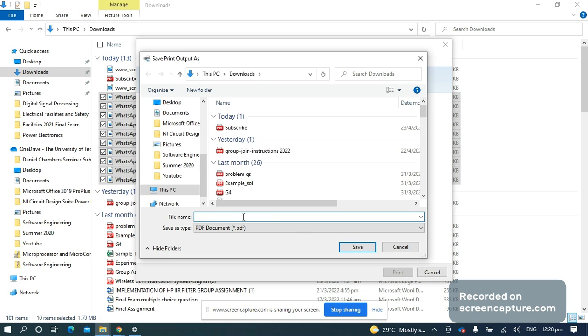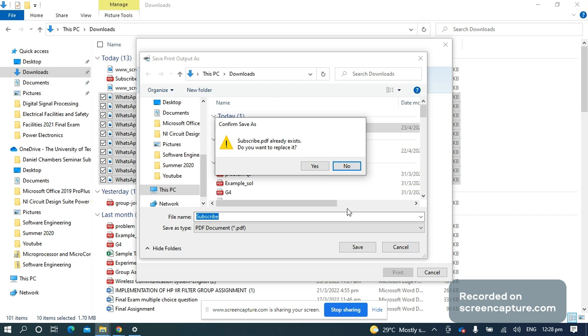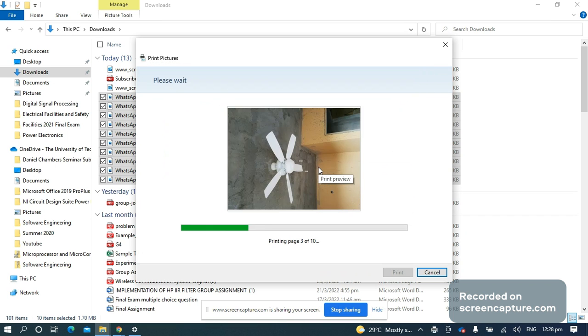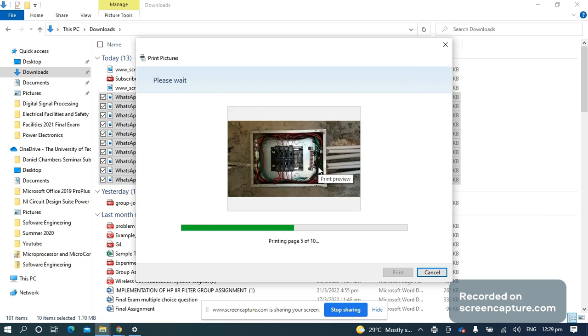and I'm going to save this document as subscribe. I already have a document saved as subscribe. I'm going to save it as that also. Replace that. All right,